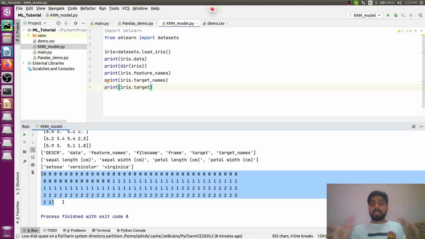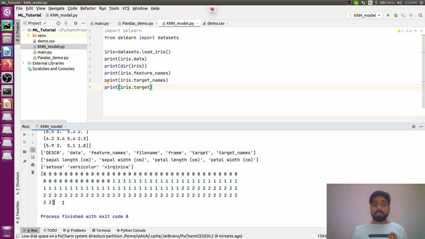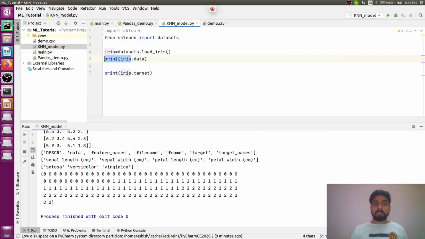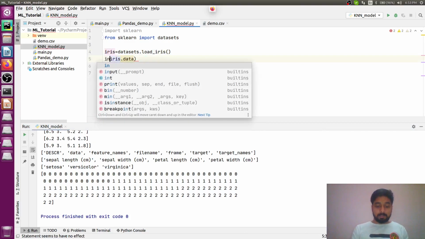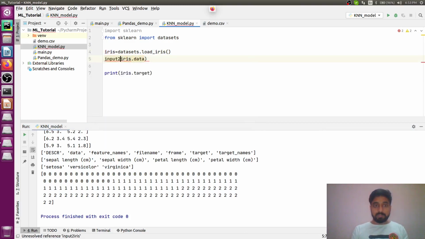Now what we have to do is use both the input and the output data, and based on this data set we have to create and train a model, and then check whether, if I provide any unknown values, it will be able to predict something or not. So this is how I'm going to do it, right? This is the first thing that I have done, and now what I can do next is separate both the things. For example, let's say I will be storing these values. Let's say this first thing is the input one.